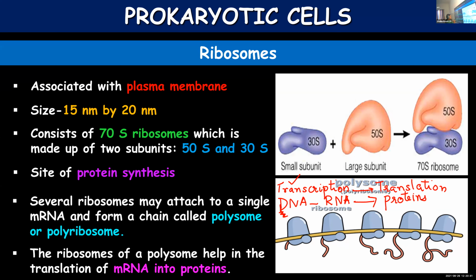The ribosomes, which are arranged on a polysome, will help in the formation of proteins. The process is called translation, by translating messenger RNA. Messenger RNA will get translated to form proteins with the help of ribosomes. Once again, the function of ribosomes is that they are the sites of protein synthesis, and when several ribosomes are arranged or attached on a messenger RNA, you call it polyribosome, and they result in the synthesis of proteins by translating messenger RNA. Shall I change the slide?